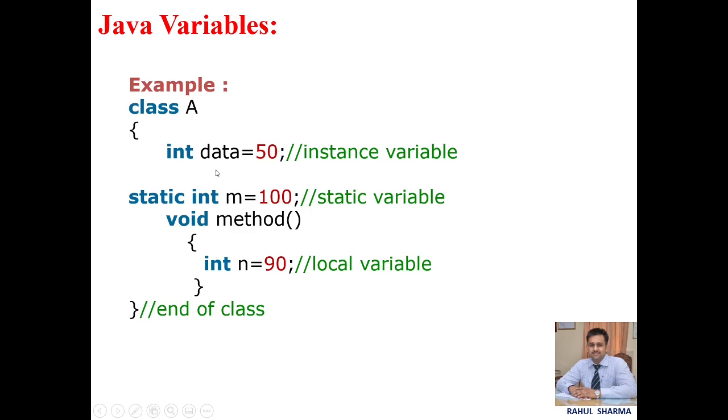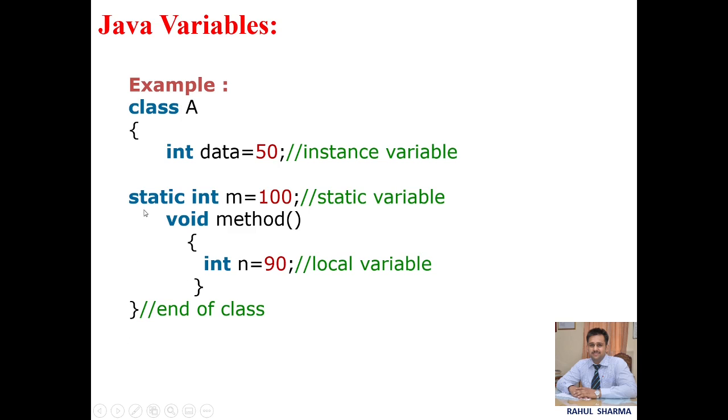First I have declared an instance variable. You can clearly see that it is declared inside the class body but outside this method body. What we have studied just now, that an instance variable should be in the class body, so it is declared in this class A that will end here, but this function named method does not contain this instance variable. This instance variable is outside the body of this function.